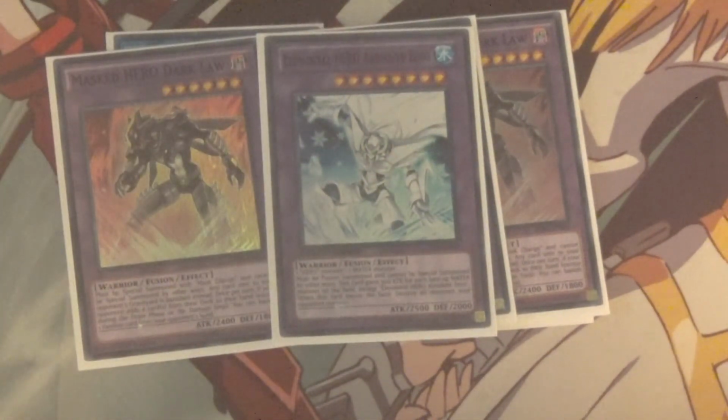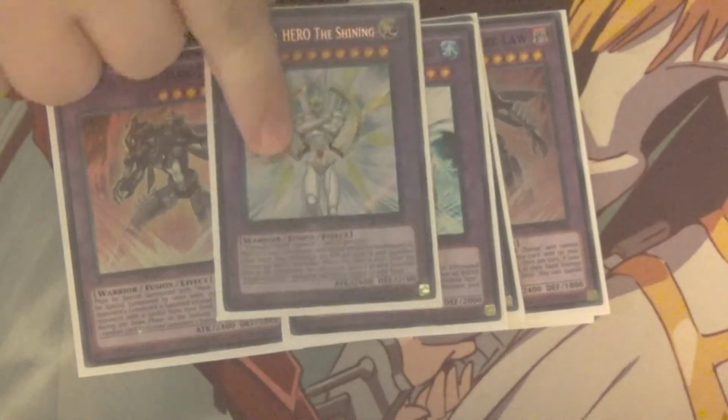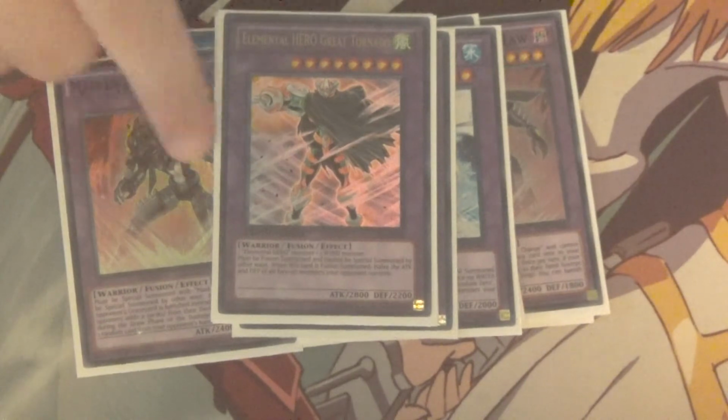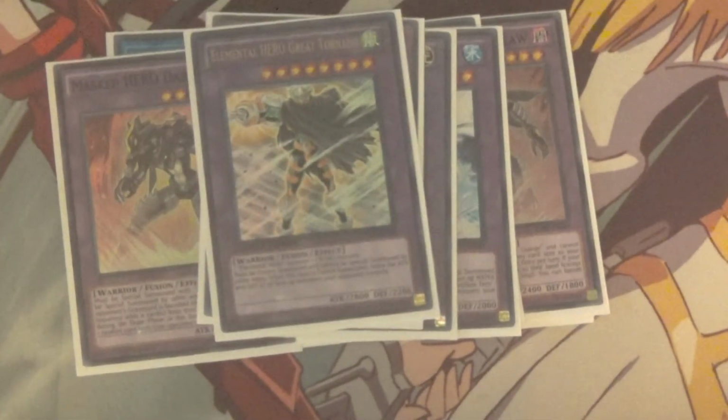You know, just stupid fun stuff. I love it. One Elemental Hero The Shining, just for big damage and recursion from the banish zone. One Elemental Hero Nova Master for extra draw power. One Elemental Hero Great Tornado, because having all of your opponent's attack monsters cut in half is